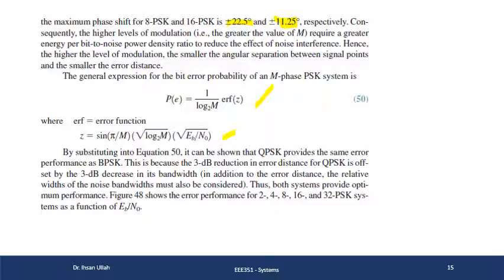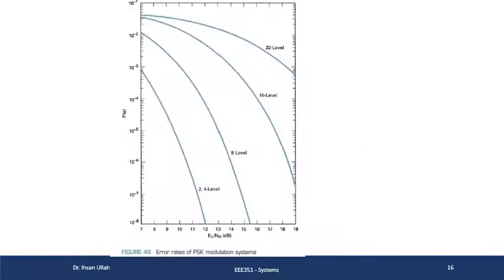Thus both systems provide, यानी BPSK and QPSK, they provide optimum performance। और नेक्स्ट जो फिगर है उसमें हम देखेंगे एरर परफॉर्मेंस डिफरेंट 2, 4, 16 and up to 32 PSK systems as a function of Eb/N0। So this x-axis पे आपके पास Eb/N0 in dBs and probability of error है on y-axis। So we need to have the minimum probability of error and we want it to have at the minimum Eb/N0, ठीक है।